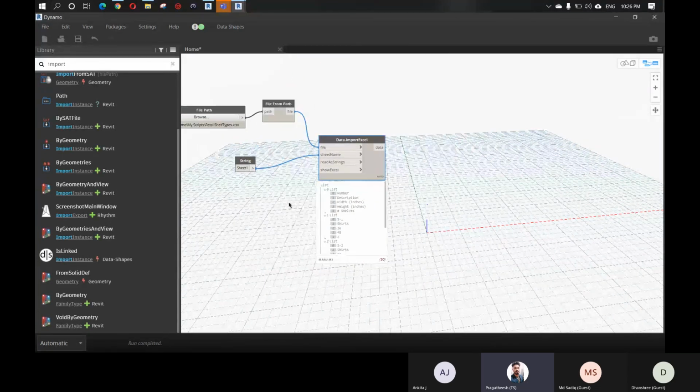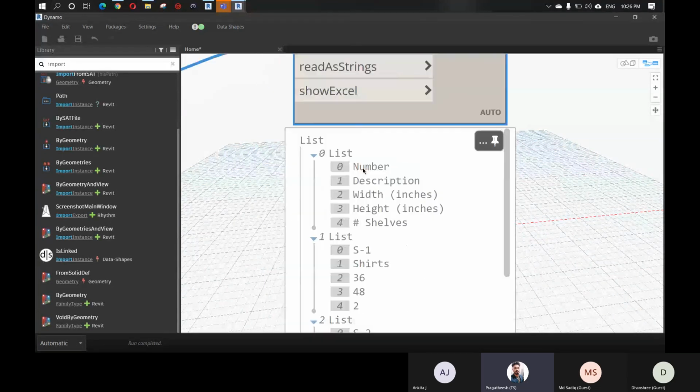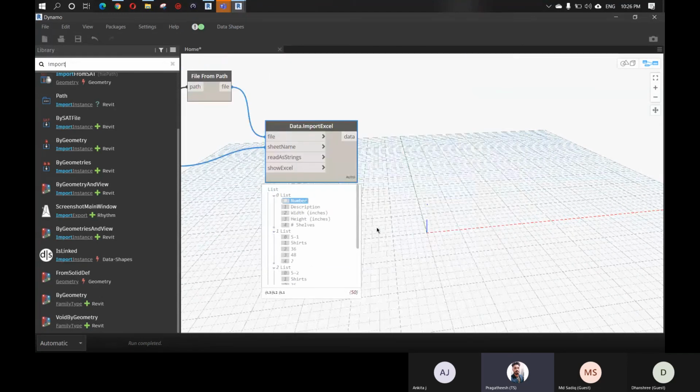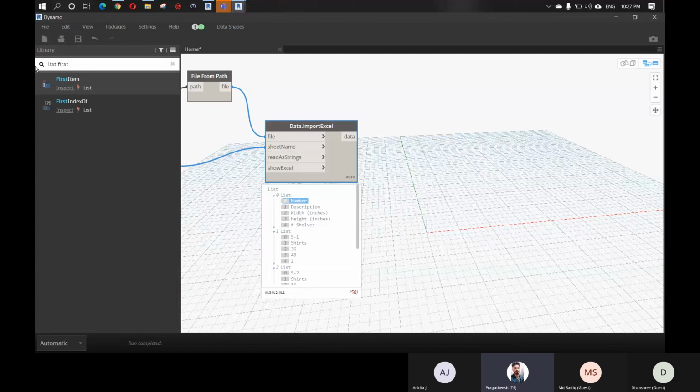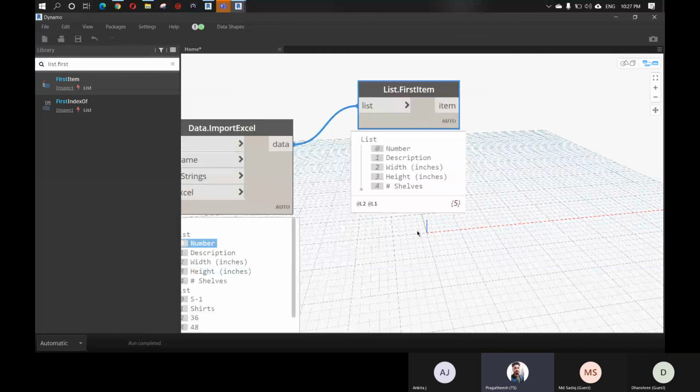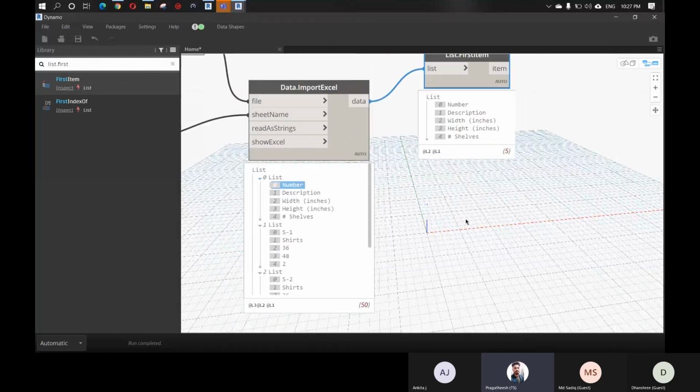Let's say you want to separate this item, because we cannot consider the headings as part of the data list. So you have to separate the first one. We have a node to separate the first list, called List.FirstItem. It just extracts only the first item.